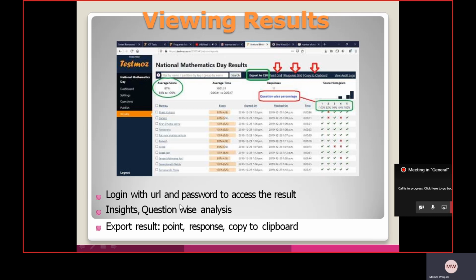To view the result, log in with the URL and password to access it. In the result, the test taker, meaning the student's name, is displayed, along with timing, score, and questions with percentage. Which question is answered wrong? Question-wise analysis will be generated, and you can export or download that result.